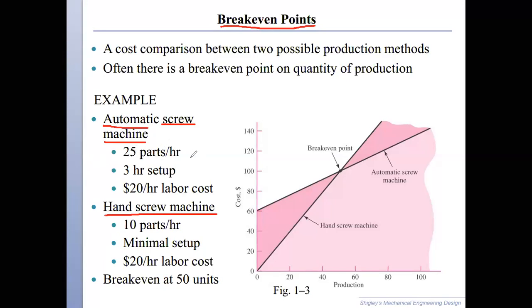first of all let's see what are the costs that are associated with that. For example, automatic machine में हम जब screws बनाते हैं तो it makes 25 parts per hour. And then there is a setup time, which is 3 hours setup time. So in these 3 hours, the machine doesn't do anything. You have to set it up. You have to make the machine ready. ठीक है जी. Let's say 20 rupees per hour आप कर दें या dollar per hour कर दें. So that is the labor cost. ठीक है जी. Now, अगर हम इस चीज को